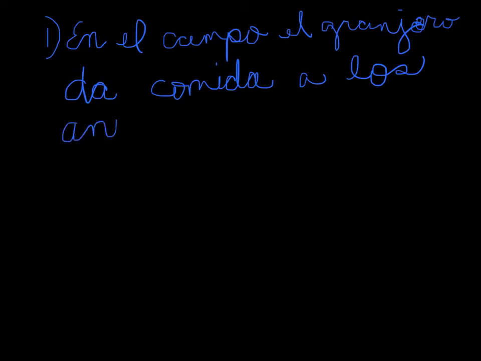And in this sentence, with the simple verb da, I have both a direct and an indirect object, because if I say to myself, okay, the farmer gives what? Comida. That would be a direct object, and it's singular and it's feminine, so I'll replace it with la when